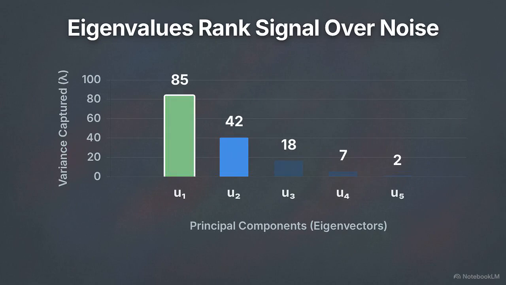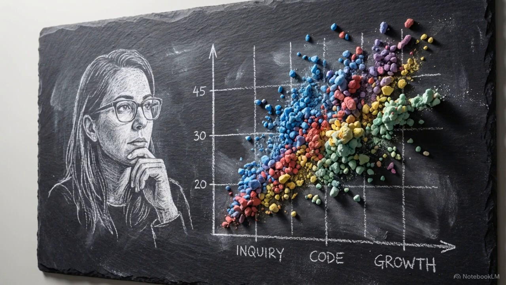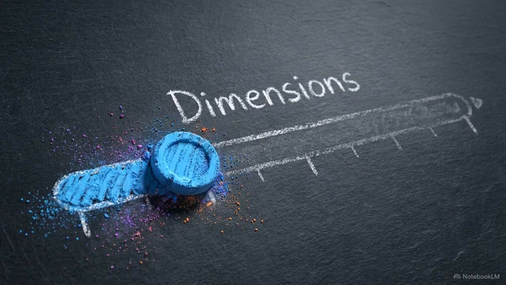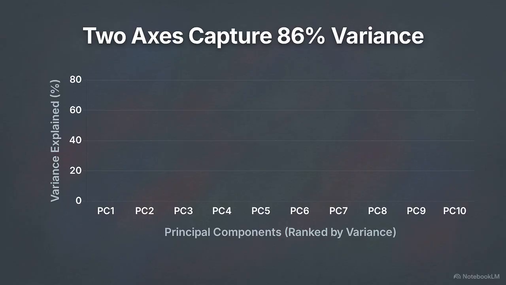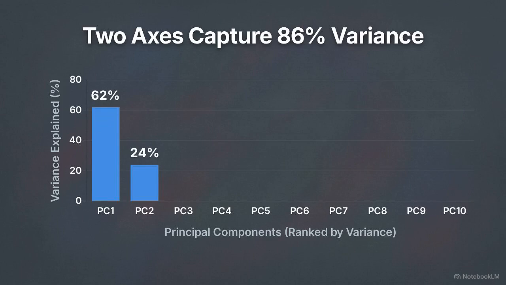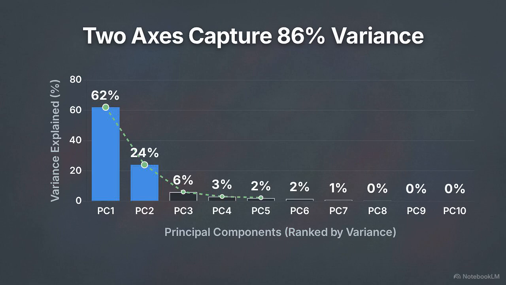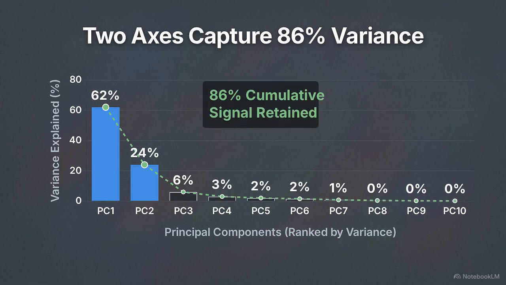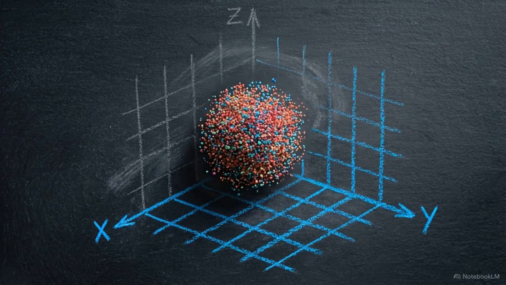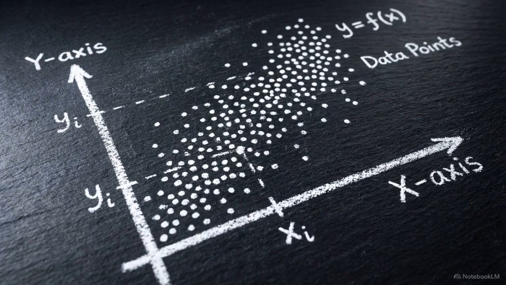Once we have this new coordinate system, we face a practical engineering question. Exactly how many dimensions do we keep, and how many do we discard? This Scree plot maps principal components on the x-axis against the percentage of variance explained on the y-axis. The first few components usually see a steep drop-off, capturing the vast majority of the system's structural information, often up to 86% in just 2 axes. Establishing this variance threshold allows us to safely delete the remaining dimensions. We can aggressively compress the dataset size while retaining its actual meaning.